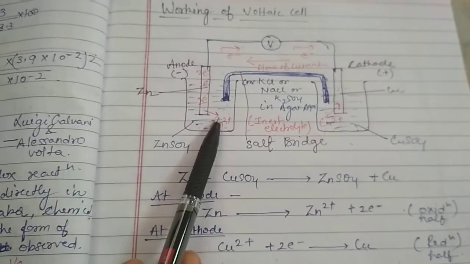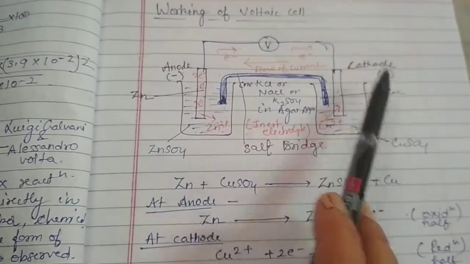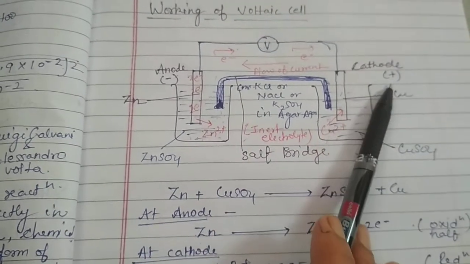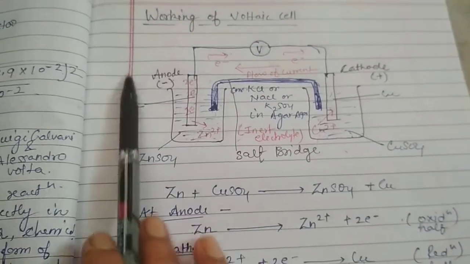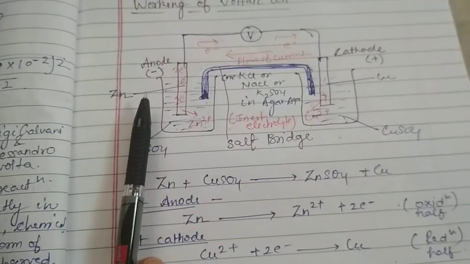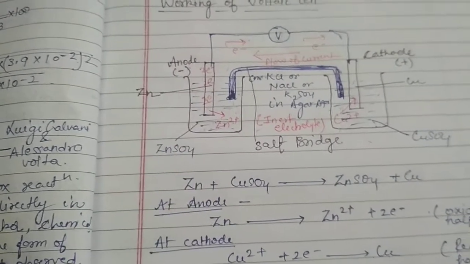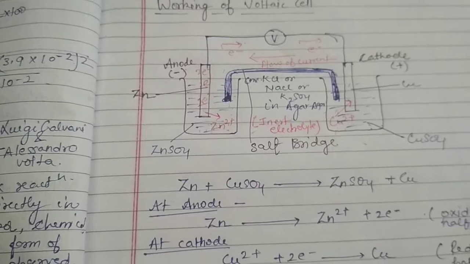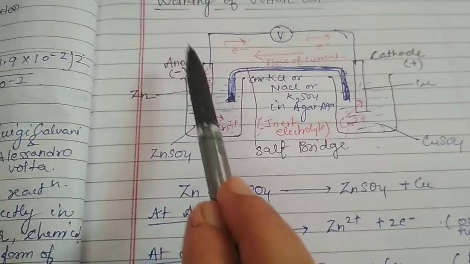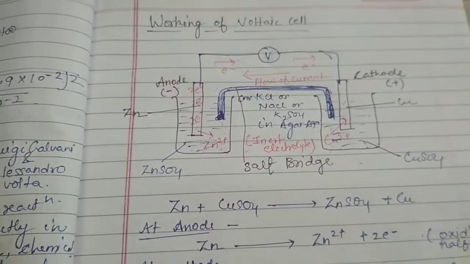And here we are able to see, as in the electrolytic cell the anode was positive and cathode was negative, while in this case the anode is negative and cathode is positive. What you have to remember is only that at the anode only oxidation takes place. Why is it getting the negative charge, you are able to see. Why in the electrolytic cell is there positive charge at the anode, which we have seen. So what we have to remember is that at the anode only oxidation takes place.